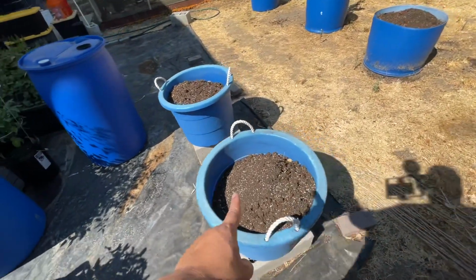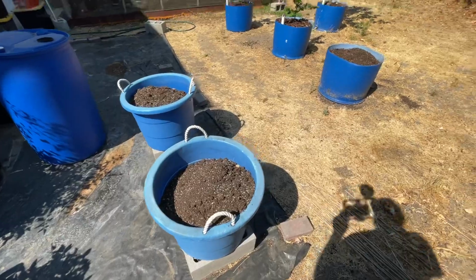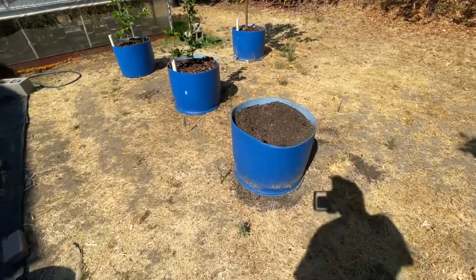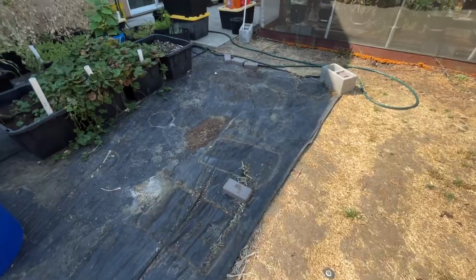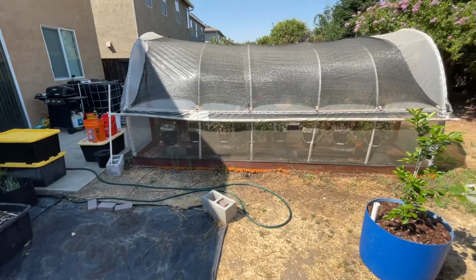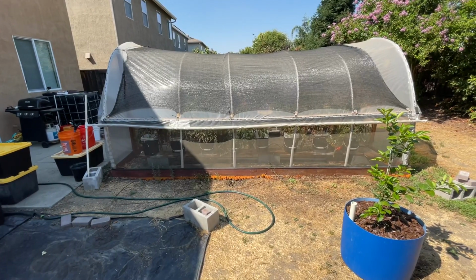So these totes are the ones with the potatoes, and there's holes directly in the bottom. I've got some new buckets coming. I'm going to throw them out there with these and drill some holes in the side. Anyways, cut that plastic back, and then like I said, rehab the yard and get ready to tear this thing down so it can be rebuilt, whether it's at this property or if I get lucky to move and build